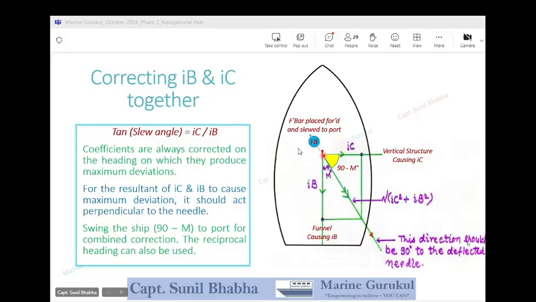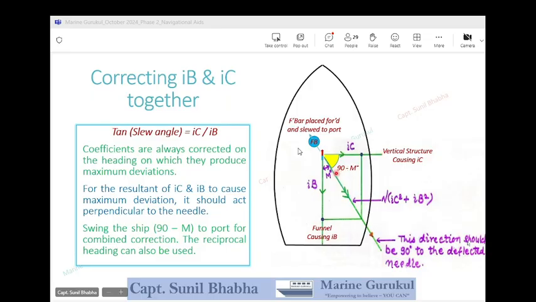The compass needle always lies in the north-south direction. So for the force to act perpendicular to this direction, this resultant vector should be acting in the easterly direction. If it is in the easterly direction, it will be acting at right angles to the compass needle,